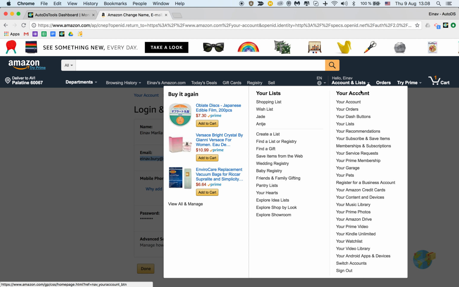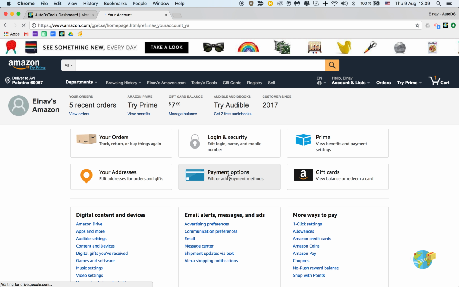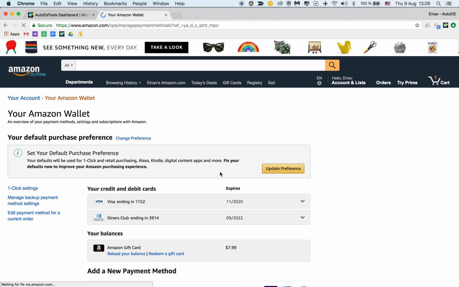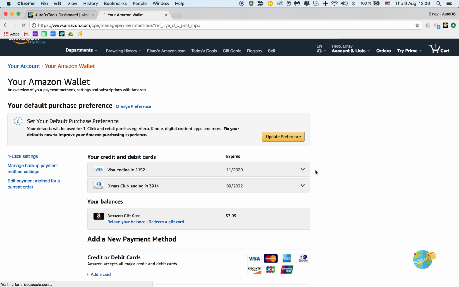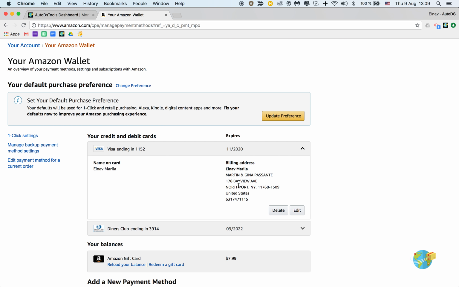You go to your account and payment options right here. And here you'll see the credit cards that you've connected to your Amazon account. Please note that you must take the details of the first credit card. That's the main billing address you have. So this is my first one. I click here and I see the details and my address. So I take the first 5 digits of the